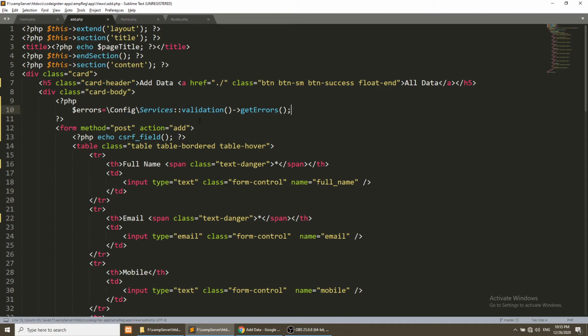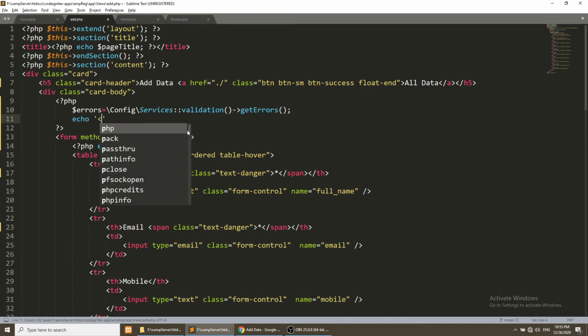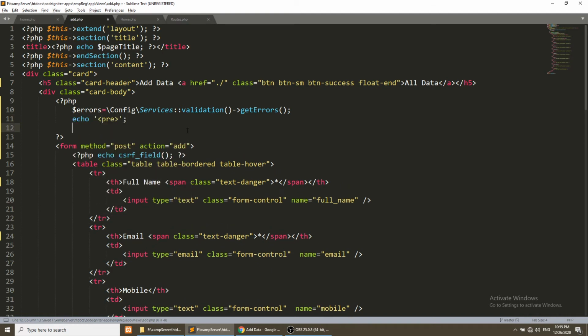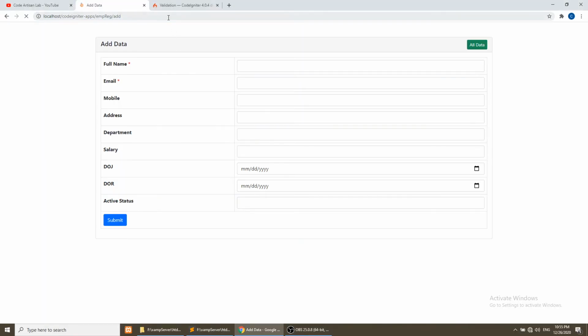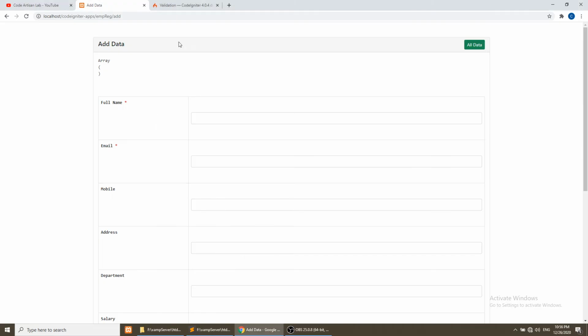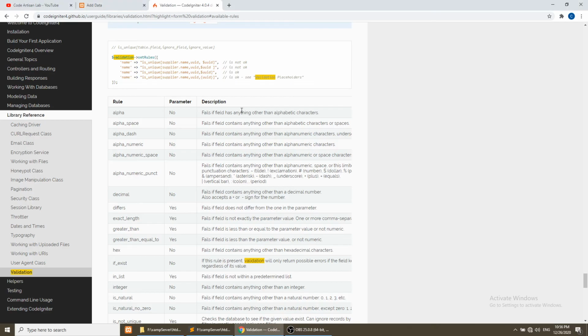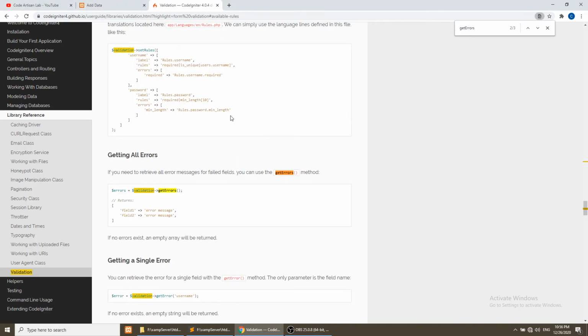Now let's check this. We will print these errors. Refresh this. Okay, one thing more we need to do. We will check this, like get errors.